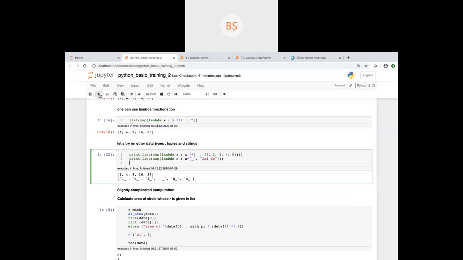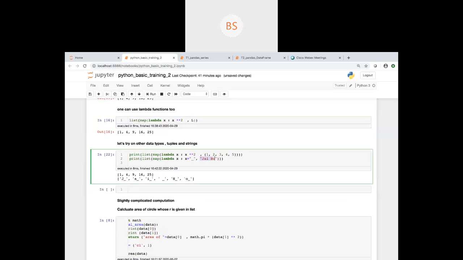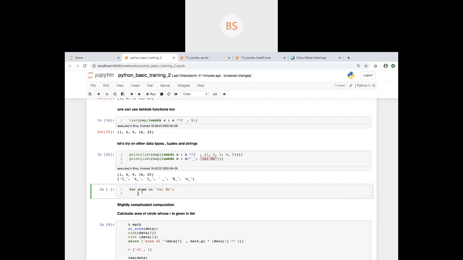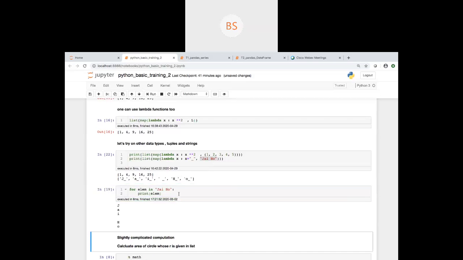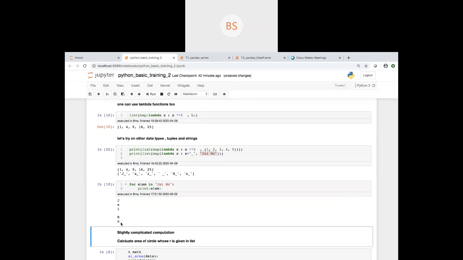So let me give an example of how I can iterate over the string. For element in string, I can iterate over each element of this.